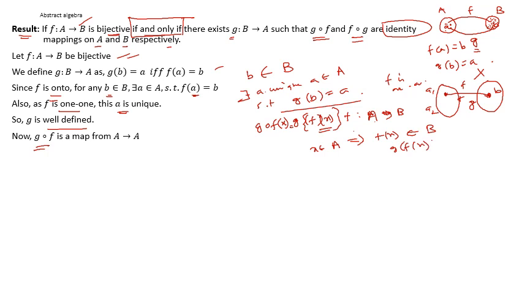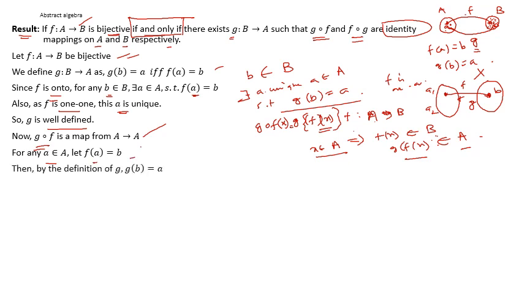G of Fx কি করছে, B এর একটা এলিমেন্টকে আবার আমরা ক্যাপিটাল A তে নিয়ে যাচ্ছে, so G of Fx must belong to capital A। So X belongs to capital A, G of Fx belongs to capital A, so GOF clearly is a map from A to A। আমরা এখান থেকেই ভালো বুঝতে পারবো GOF মানে আগে F তারপর G, তার মানে F কি করবে, A এর একটা এলিমেন্টকে B তে নিয়ে যাবে, আবার G কি করবে, B এর এলিমেন্টটাকে A তে ফিরিয়ে দেবে, তার মানে GOF is a mapping from A to A।